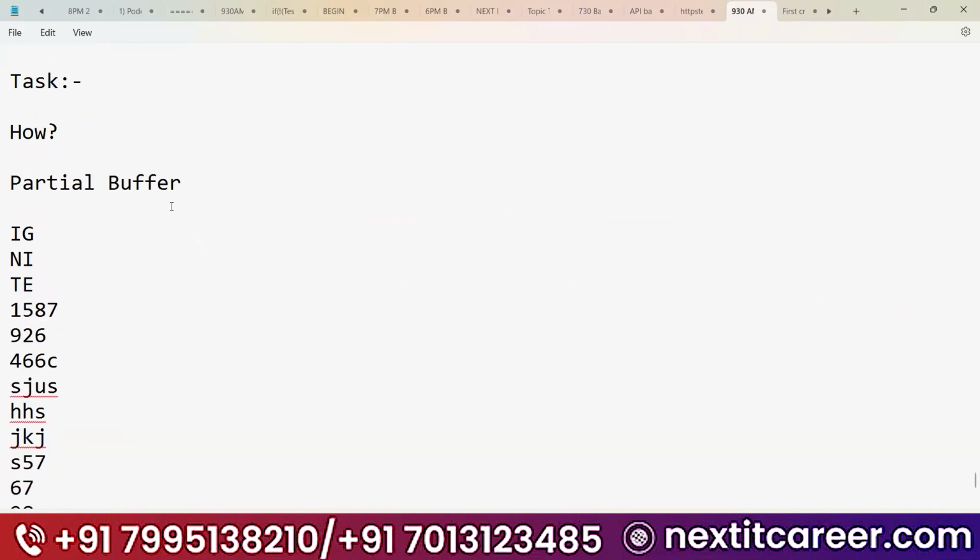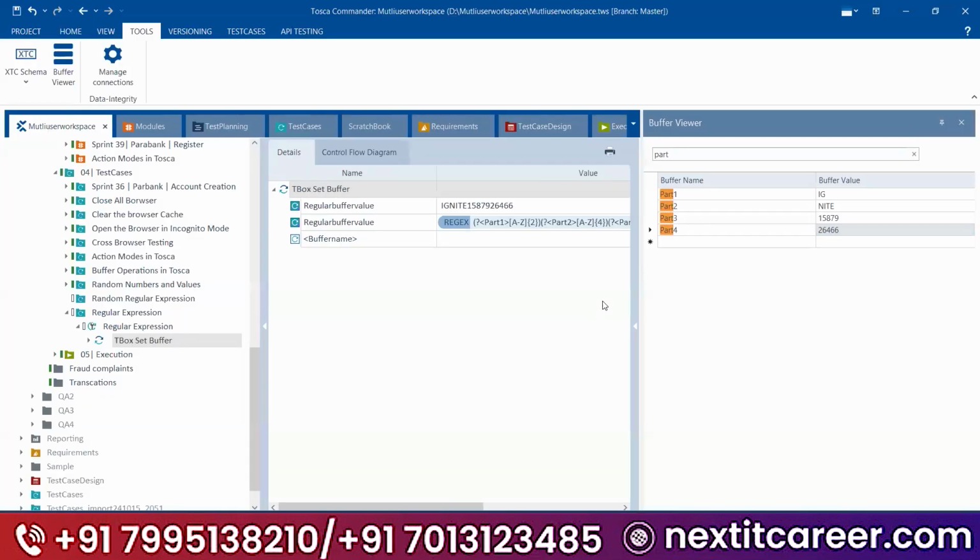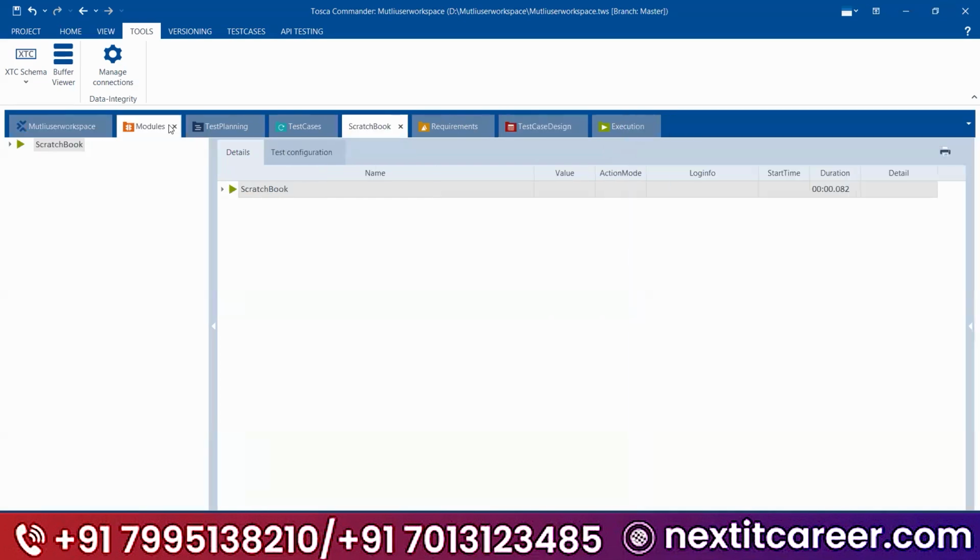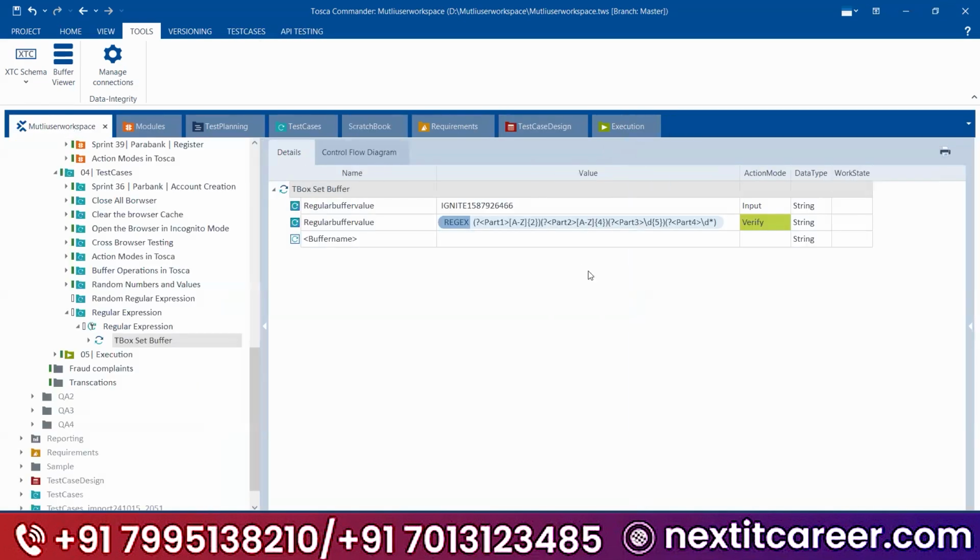See, rather than using the partial buffers, you can use a regular expression in order to minimize your test steps and check your test case in a unique way. Simple funda, guys: if you have smaller values, or one buffer that needs to be split into two, then go for the partial buffers.